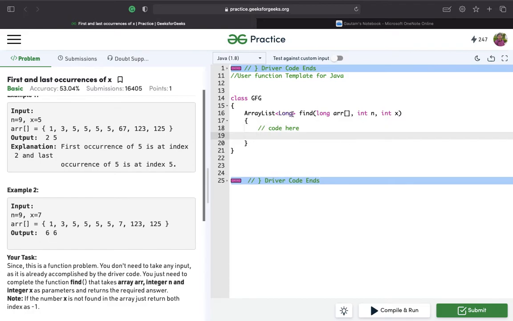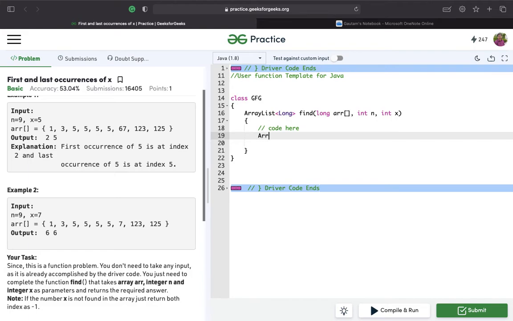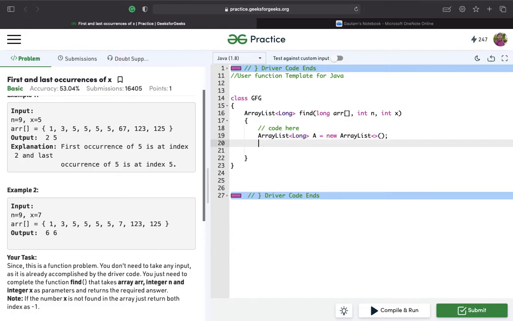So the return type of this is long. It's an array list of long type. So we'll first of all create an array list of long type and we'll name it as A because ARR is already used over here. So new array list, right?